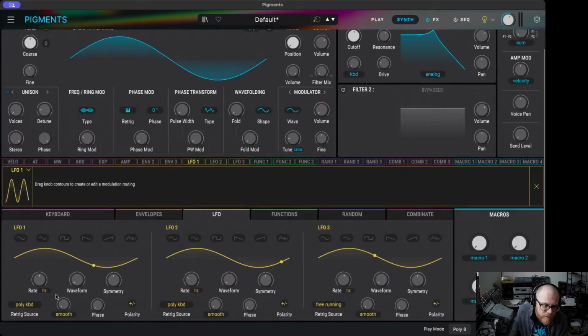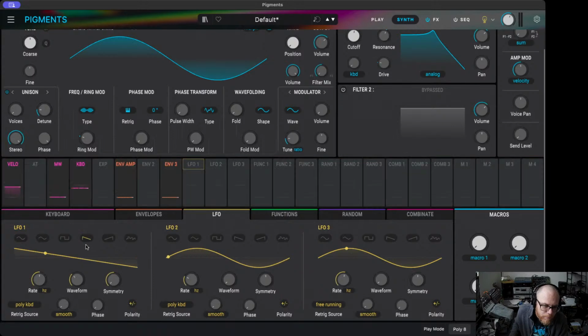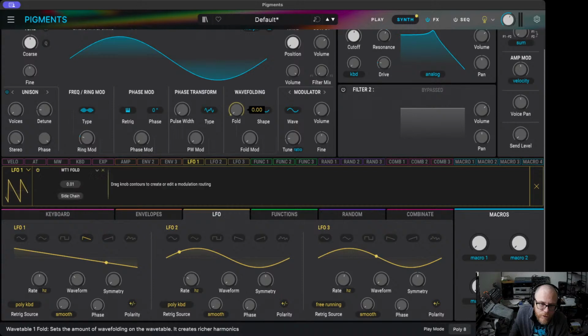And that's because a lot of times what an LFO is doing is too slow to really affect some of these percussion sounds because the sound's over before